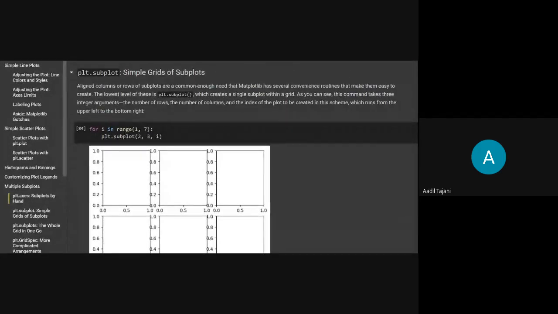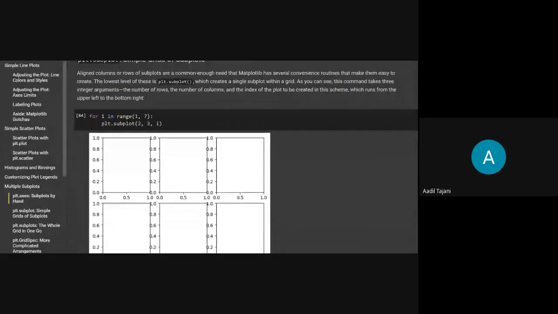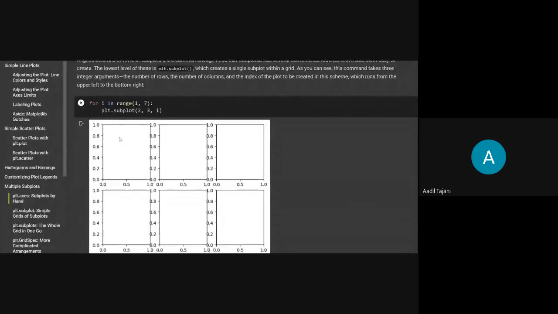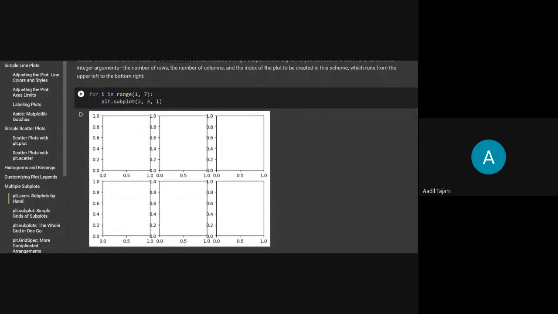Then there is a function in plt called subplot to create subplots automatically. You just have to mention the grid. In the canvas, you can create subplots in a grid. In plt.subplot there will be three arguments.